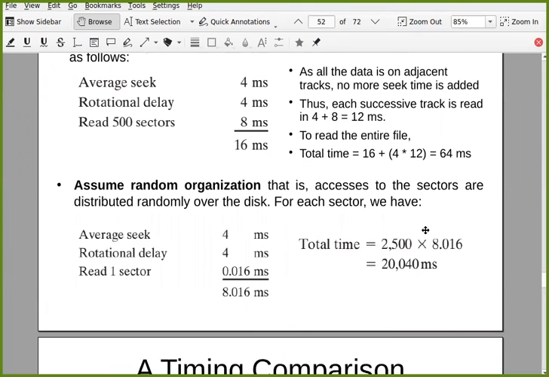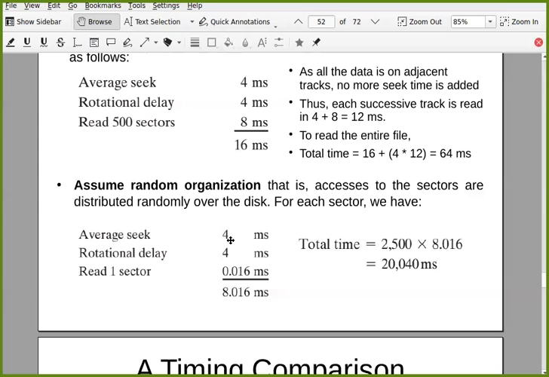But if we assume that there is random organization and it is not sequential, then for every sector you need to find, seek time will be added and rotational delay will be added for every sector. And how many sectors you need to read? 2,500 sectors. So find out one sector's values.